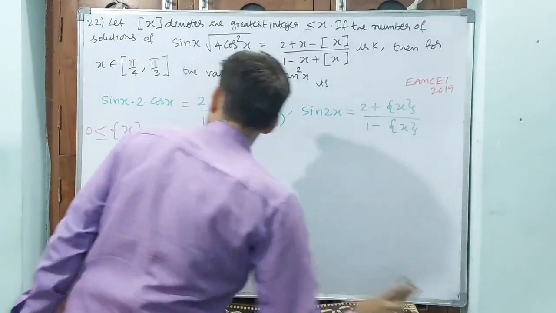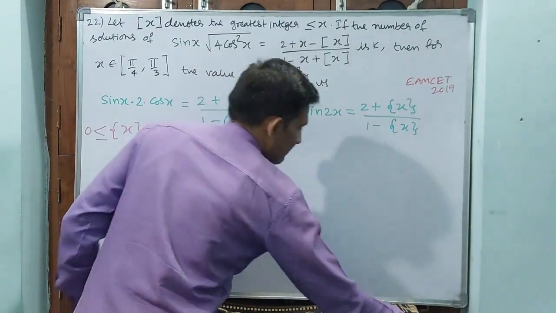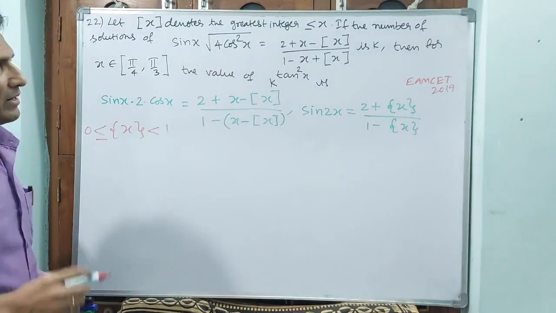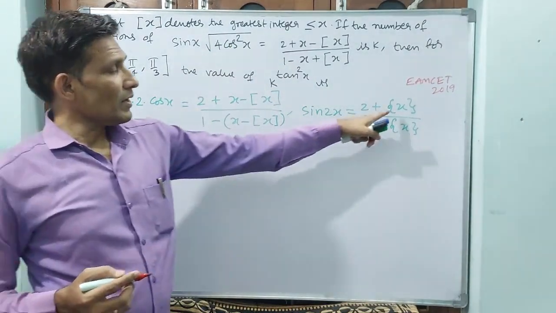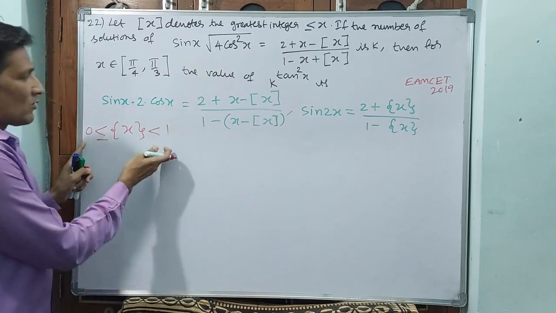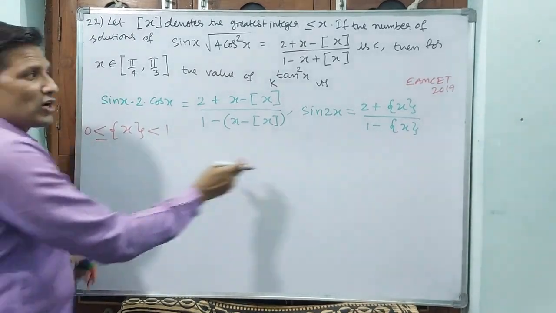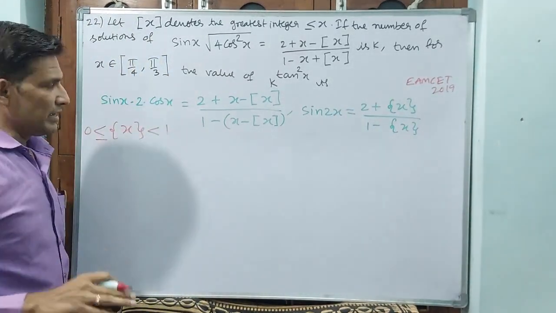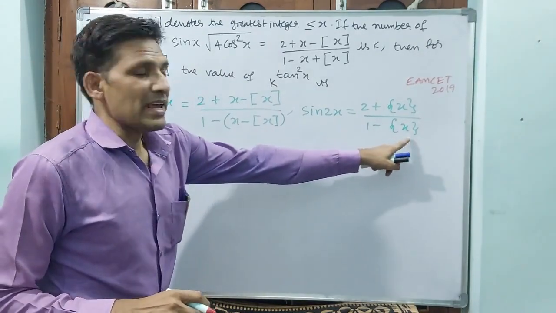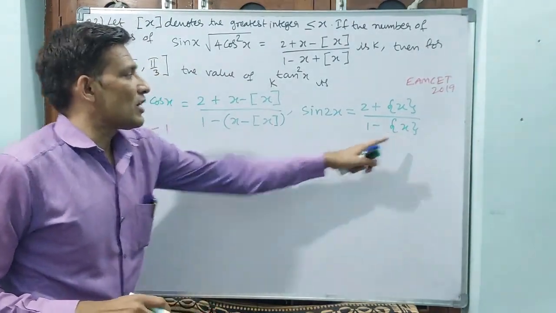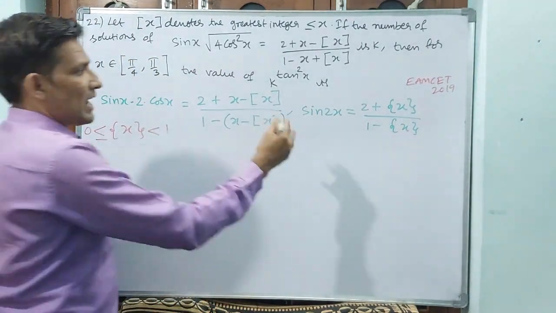Now come back again. This is what I wanted to explain about the fractional part. Okay, now you tell me here. Fractional part means, you see, here only you have discussed it. Okay, it cannot be 1. 2 plus 1 it cannot be. But divided by 1 minus 1 also it cannot be. Why? Because this is not going to become 1. Okay, then accordingly,